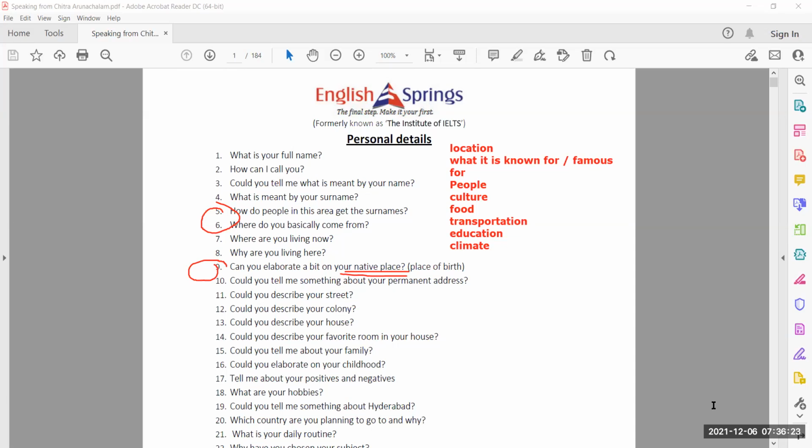Hello, ma'am. My name is Mohammad Farhan Ali. My native place is Hyderabad. Hyderabad is one of the largest cities in India, which was founded by Muhammad Quli Qutub. It is also known as the City of Pearls and City of Nizam. This is because it was founded and ruled by Nizam, and at the time of the ruler, it was an old and famous pearl market. Very good, Farhan. Good try. Moving on to Praveen.